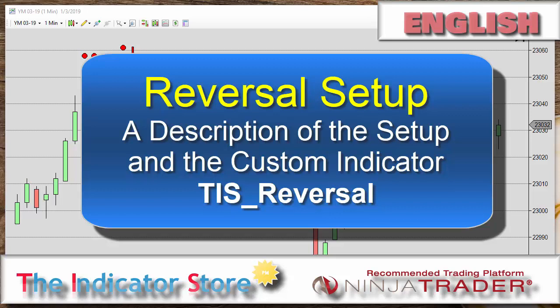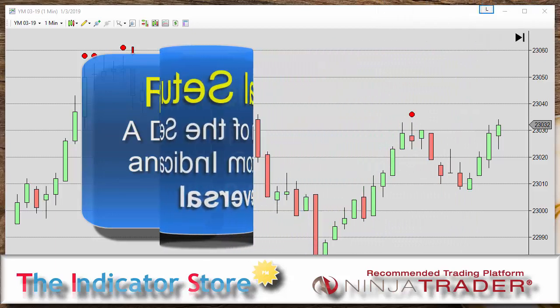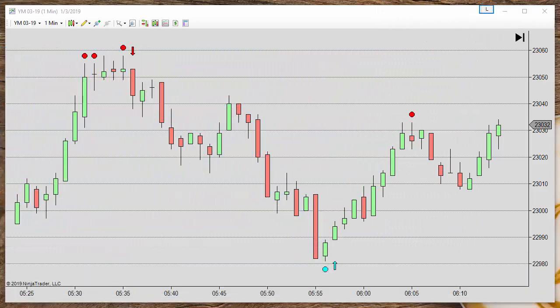Hello, good morning everyone. On today's video we are going to review one of the most important setups in my opinion, the reversal. This is one of the most useful in my opinion. On the reversal we use a stochastic and an entry method that I name RBO, Reversal Breakout Order. Let's review first how the setup works and how we can use it with the standard tools included on any platform, and then we can see in detail what we can do with the custom indicators.